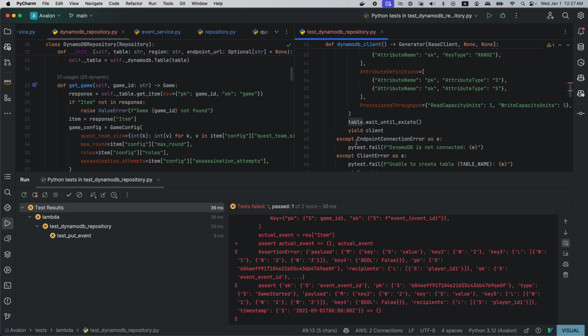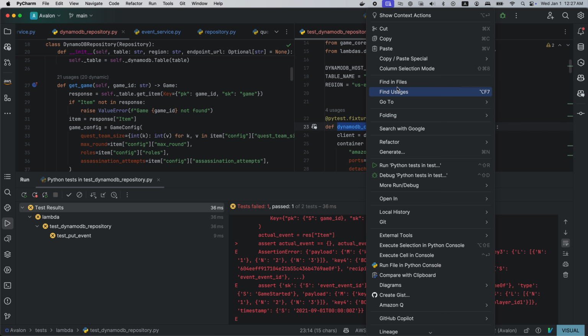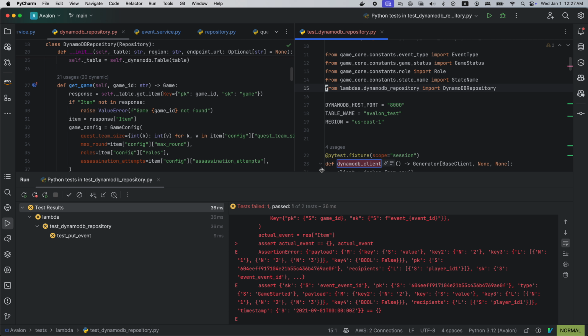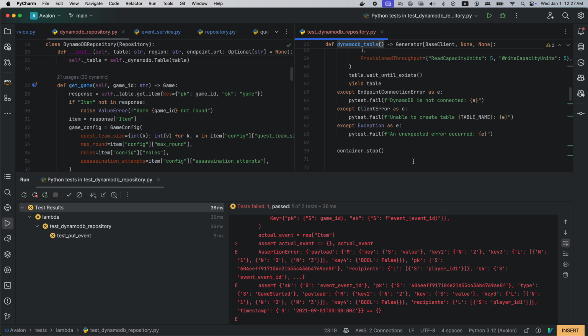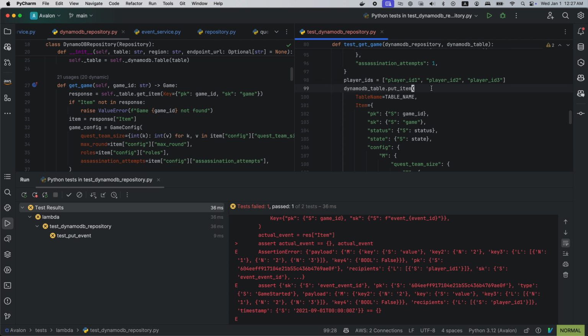So we do have table here. Okay. DynamoDB table. Not DynamoDB table. I'm gonna rename it. DynamoDB table is good enough, I guess. Okay, so if we were to use table, this no longer has to be this complicated.